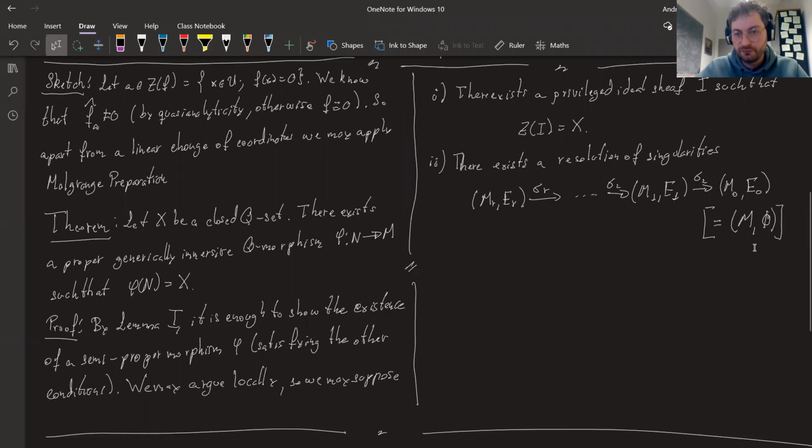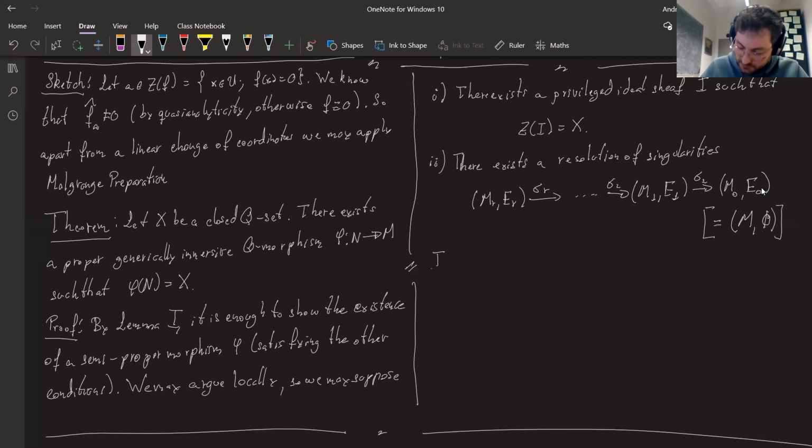Now, although the result that we want to use in the end is going to be in terms of M and the empty set here, we're actually going to prove the result as an induction, so it's going to be convenient to do it via E_0, just a simple normal crossing divisor that we start with. I'm actually not going to use in the proof that we start with something where the exceptional divisor is empty. And now the idea of the proof is going to be an induction.